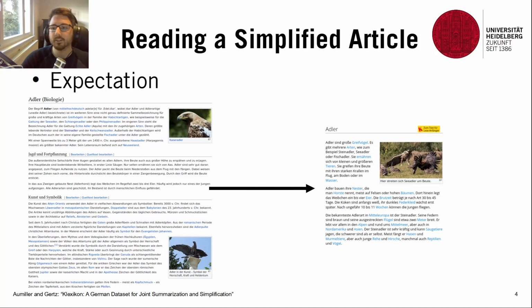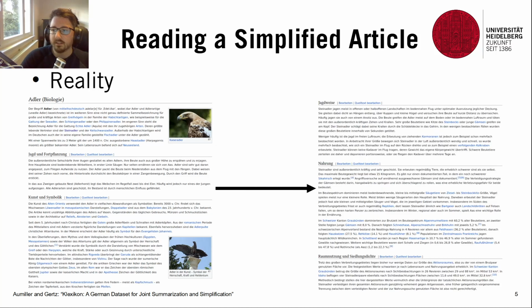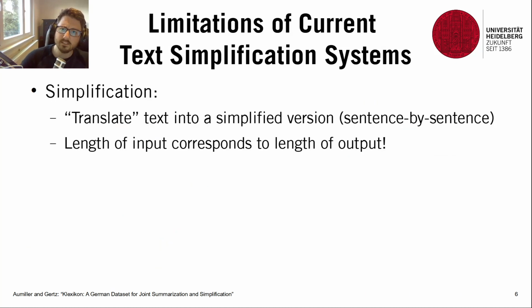In reality, however, this looks very much different, and what you would get is something that we can realistically encounter in a simplified article. So this would be of the same length, however, of a slightly simpler writing style, but still oftentimes exceeding the attention span and the necessary conditions for a suitable simplification. So why is this the case?